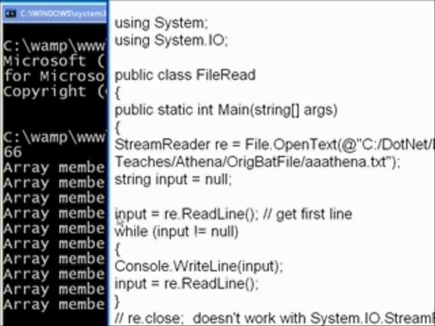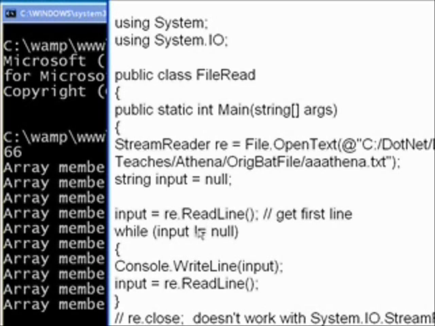So in the while loop, we're checking to see if input is null. The exclamation mark equal in C# means not equal, and two equal signs together mean equal in a comparison. And then there's others such as less than, which we saw earlier, and less than or equal, and greater than or equal, and various comparison operators we can use like that. But in this case, we're saying while the variable input is not equal to null, which it shouldn't be if we read the first line in, it should be the string that's the first line,